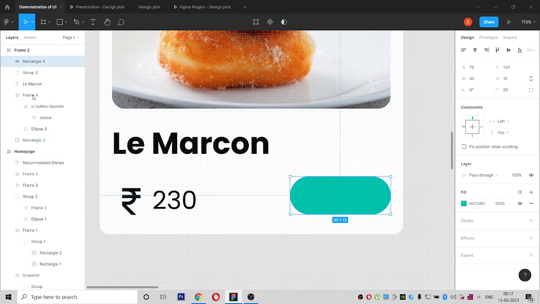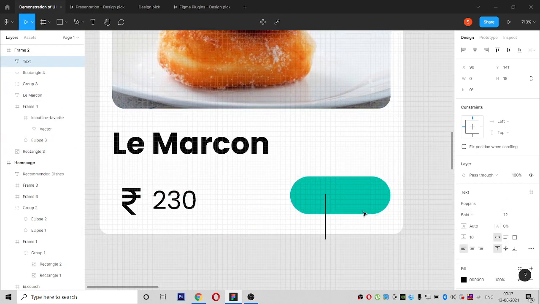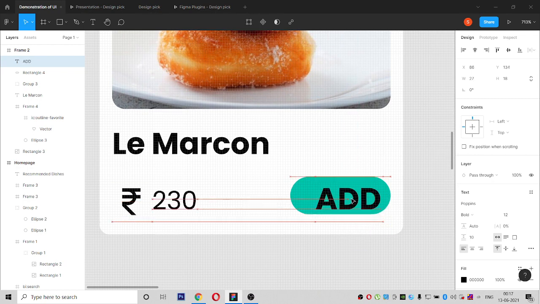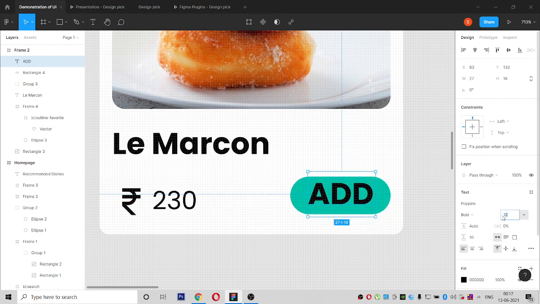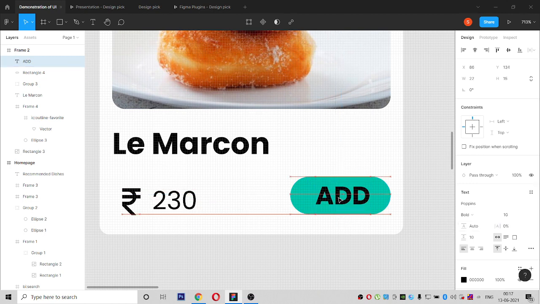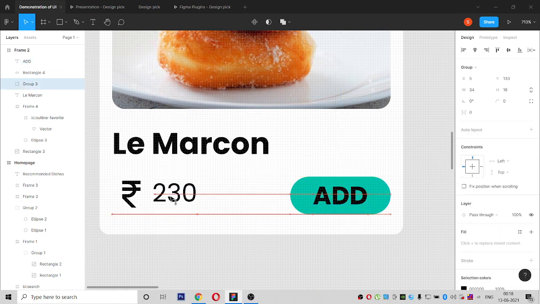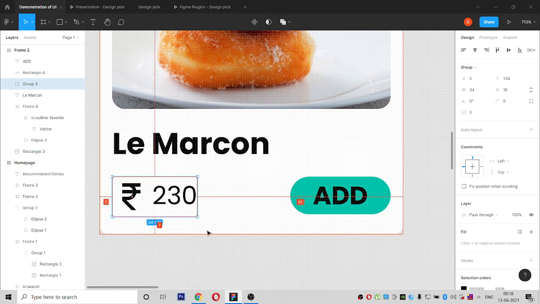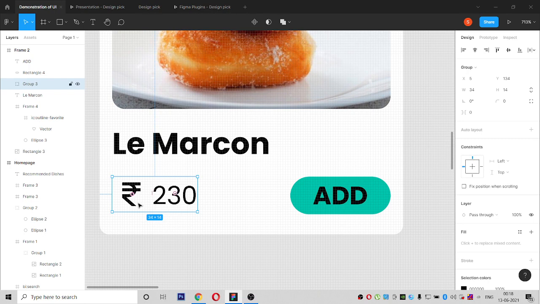So this much clear detail should be given to any design. So here we will have an add to cart. Still more it can be decreased to 10 for this particular size. See, this frame is very small yet.